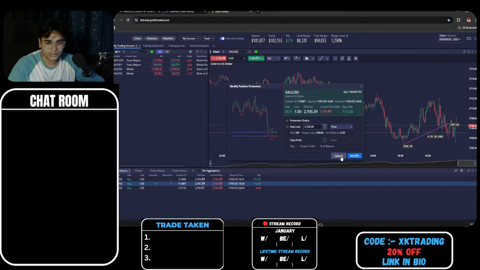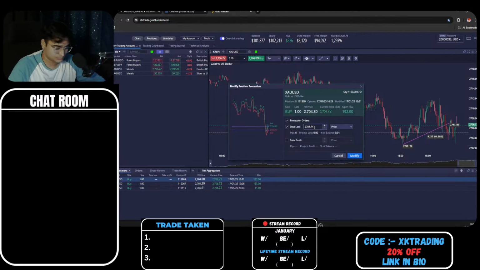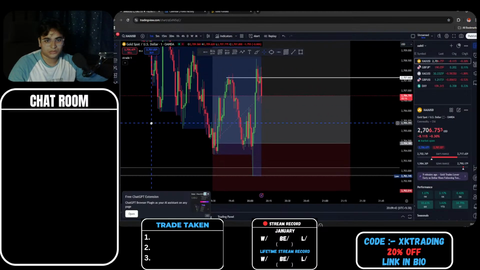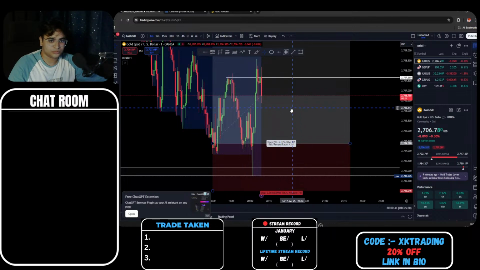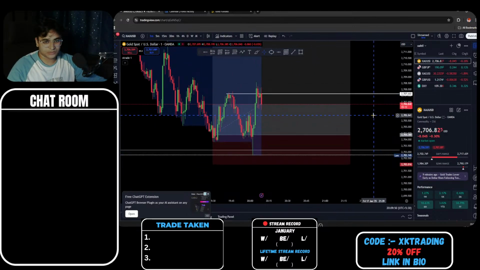That will be 339. 280. So that will be overall 1% on this trade. And once I add my last position, that will be in between these areas. So that's it, then I'm done for it.